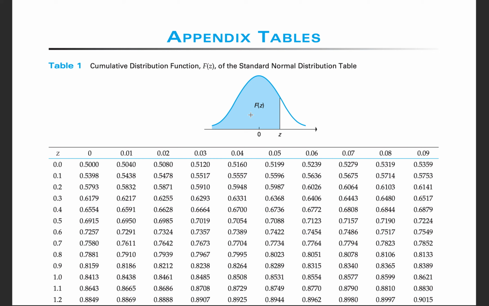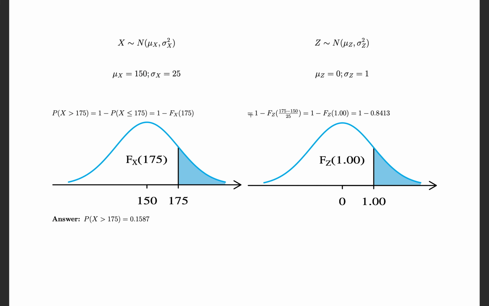Now, let's see how to use this table to calculate probabilities. We can take an example. Let's say we have a variable x that follows a normal distribution with a mean of 150 and a standard deviation of 25. If we want to find the probability that x is greater than 175, that is the blue area in the graph,